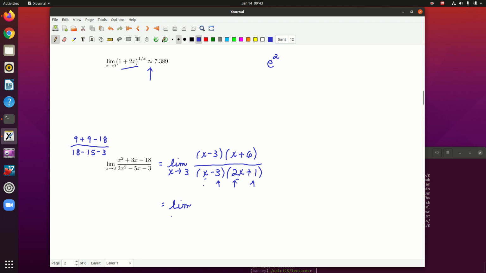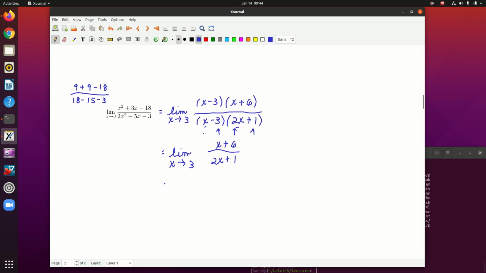And then this is equal to, we can cancel out the terms. And as before, the reason we can do this is because we don't care what happens at 3. We want to know what happens when x is close to 3. And now we know what's going on, because if x is really close to 3, the numerator is really close to 9, the denominator is really close to 7, and so we get 9/7 for the value